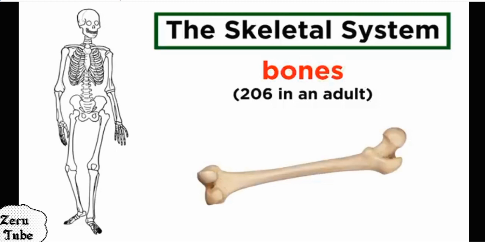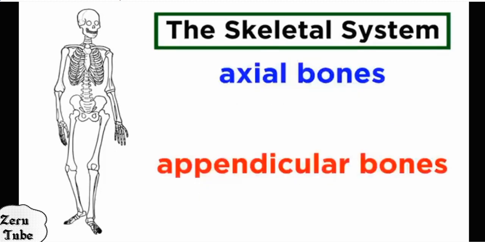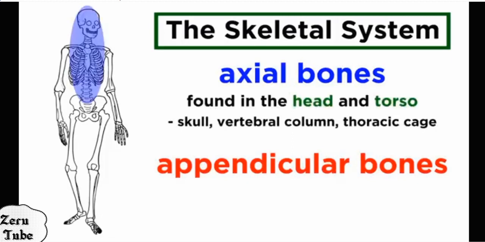So the bone, let us see the bone. Detailed information about bone. We can classify the skeletal system into axial bone and appendicular bone. Axial bone እና appendicular bone ብለን በሁለት እንከፍላቸዋለን። The axial bone is the bone that is found at the middle parts of the body. Mainly it is found in the head and torso, which include the skull, vertebral column, and thoracic cage. ስለዚህ መሃል ለመሃል ወይም ደግሞ axially ማለት is middle, at the middle parts of the body የምናገኛቸው ቦኖች በአንድ ላይ axial bone እንላቸዋለን።